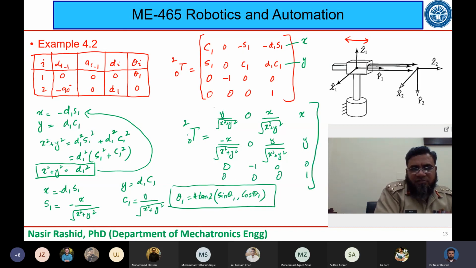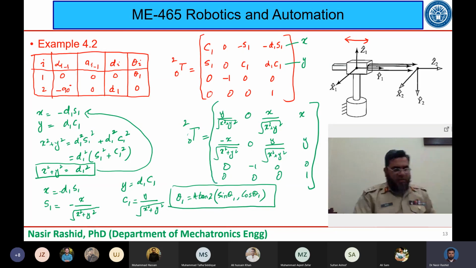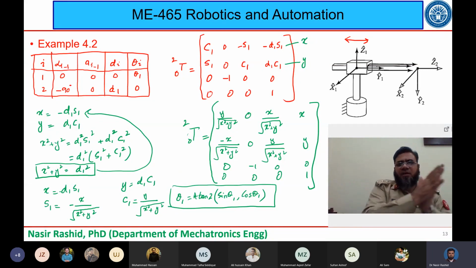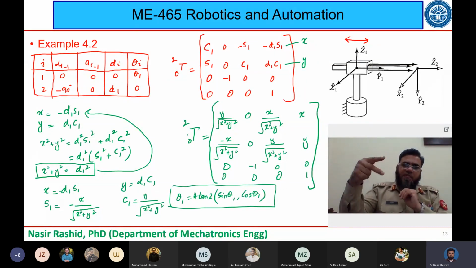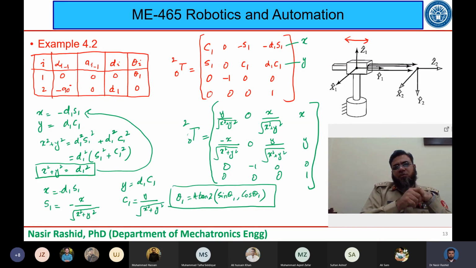सो ये देखेंगे x और y की फॉर्म में मेरे पास थीटास आ गए। सो ये बिल्कुल एक सिंपल सा सवाल था जो हमने आज हल किया है। जस्ट टू गिव यू एन आइडिया दैट नोइंग द पोजीशन एंड ओरिएंटेशन मैट्रिक्स वी कैन गो बैक एंड फाइंड आउट द एंगल्स, फाइंड आउट द थीटास। सो दो वेरिएबल्स थे x एंड y जिनको देख के मैंने थीटा 1 निकाल दिया। तो ये जहन में आपने रखना है। अब ये एक बिल्कुल सिंपल सी चीज़ थी।